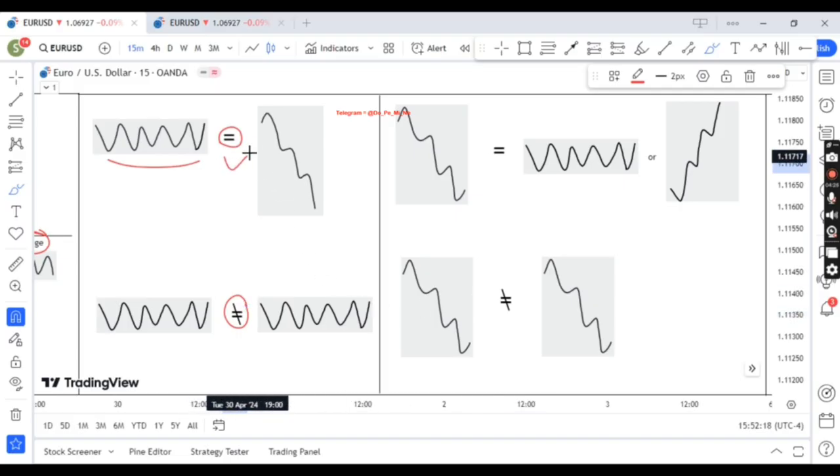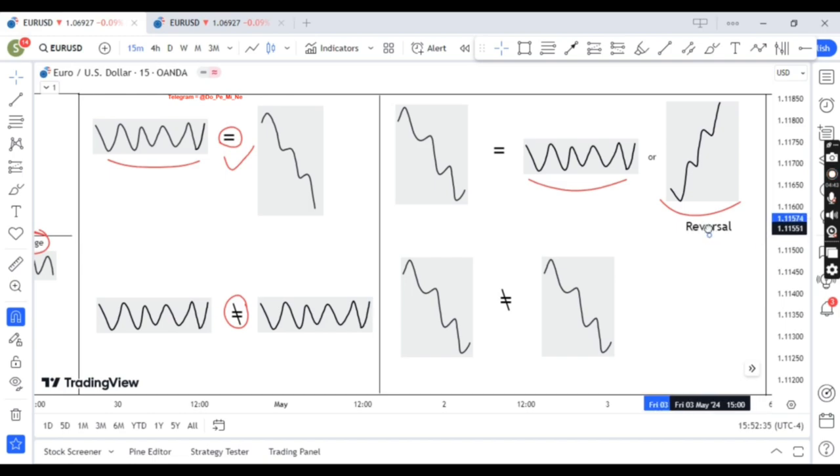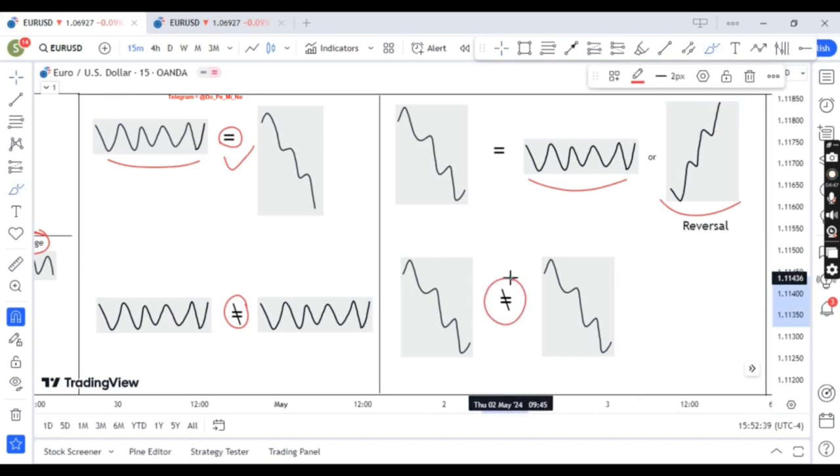Similarly, after an expansion profile has ended or occurred, we can only have three possible outcomes, which are a retracement, a reversal, and a ranging profile. That means after an expansion has occurred, we cannot have another expansion, right? We cannot have another expansion right away after the expansion profile has ended, right? First we're going to either wait for a retracement or a range to form and then position ourselves toward another